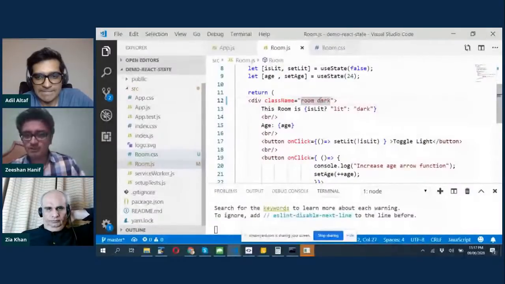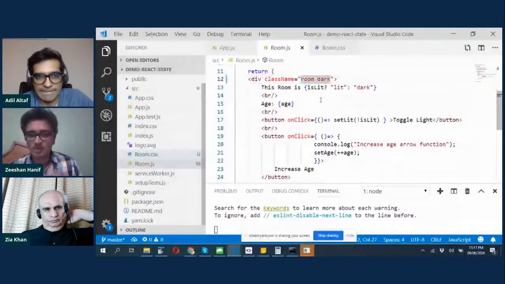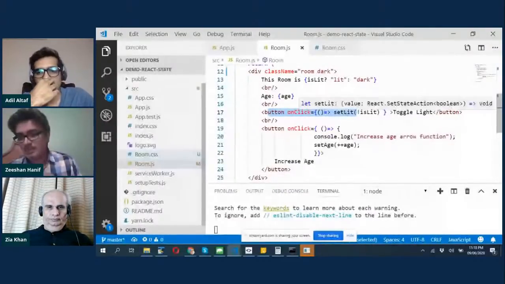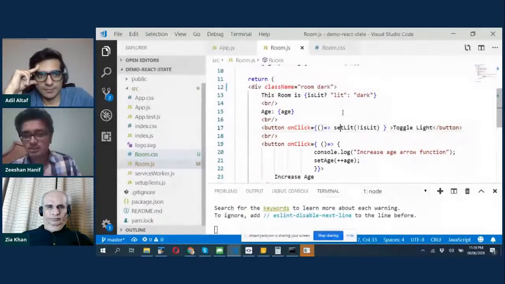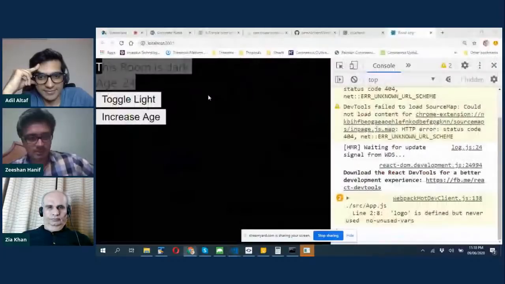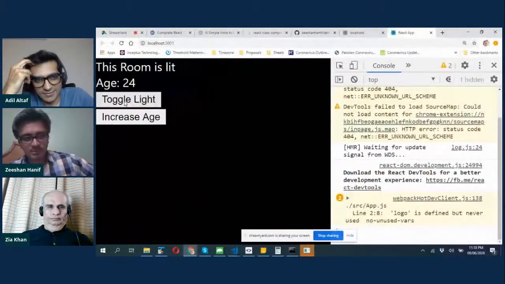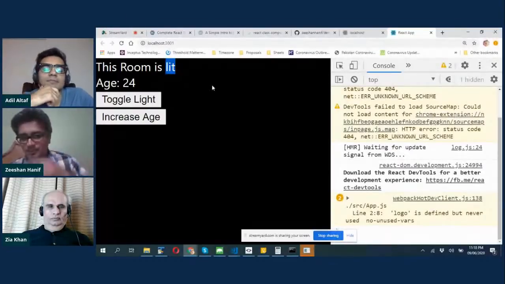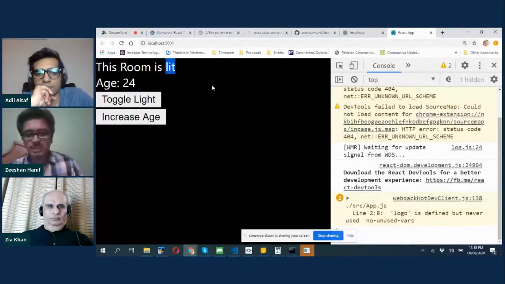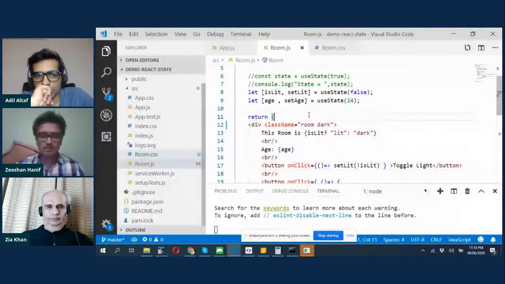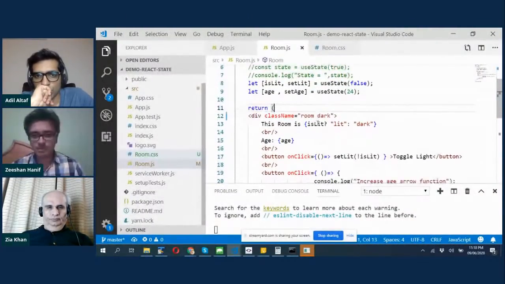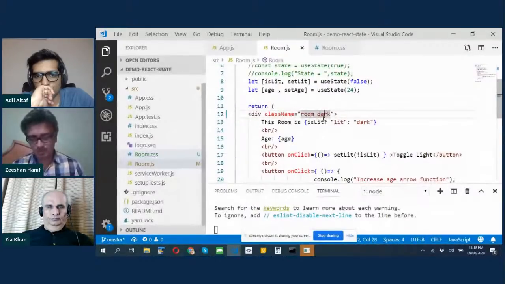What we need to do is change the class whenever the button is clicked. On the click, we change the lit value from light to dark and dark to light. When I click toggle light, the background should become white. So we need to switch the CSS classes. To switch the classes, we have two options. First one is